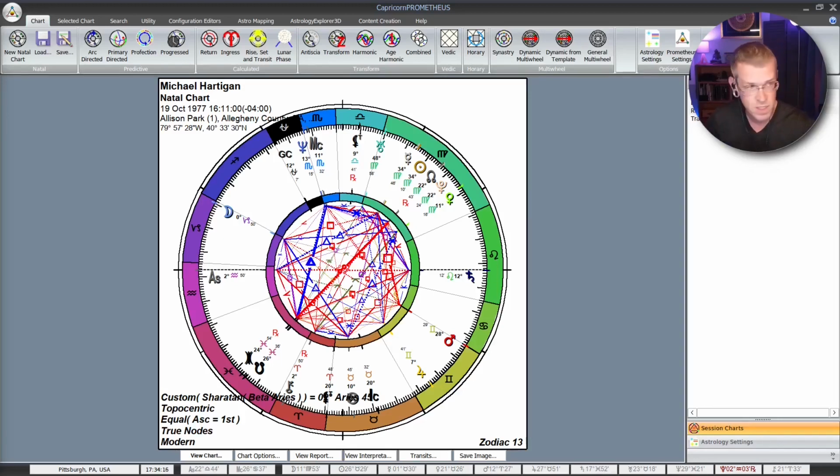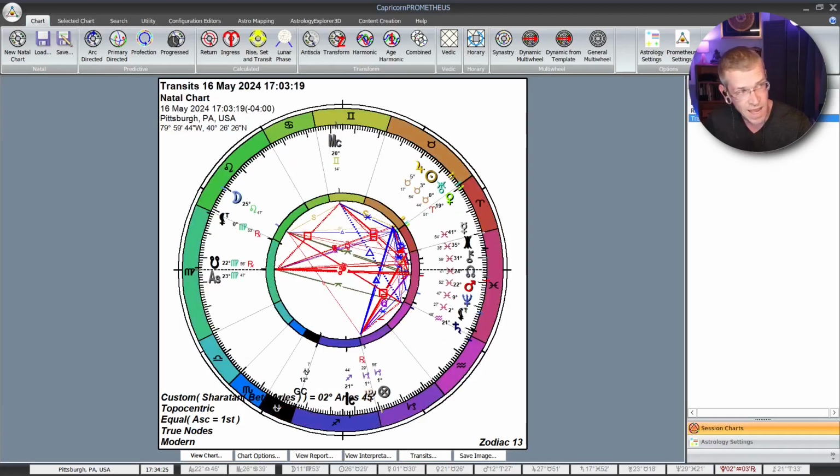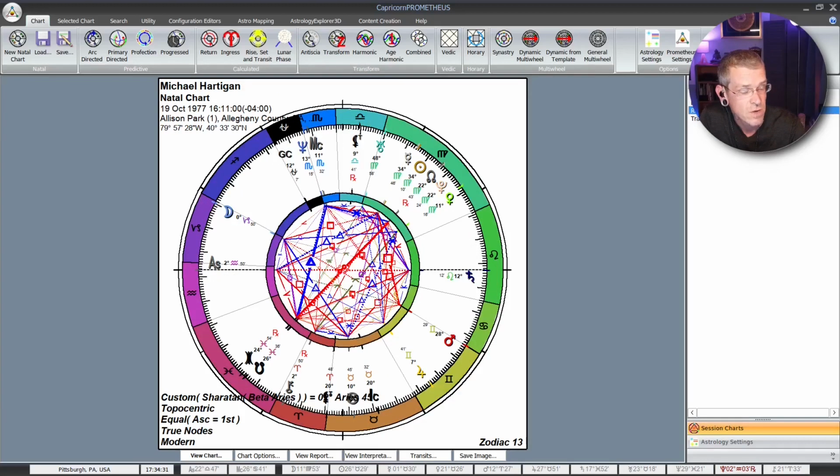For these purposes, I have a couple charts. The next new moon, I have my own natal chart. I have the transits that are going on right now, and let's generate some. Well, let's take a look at multi-wheels, but first, before we take a look at multi-wheels, I want to jump